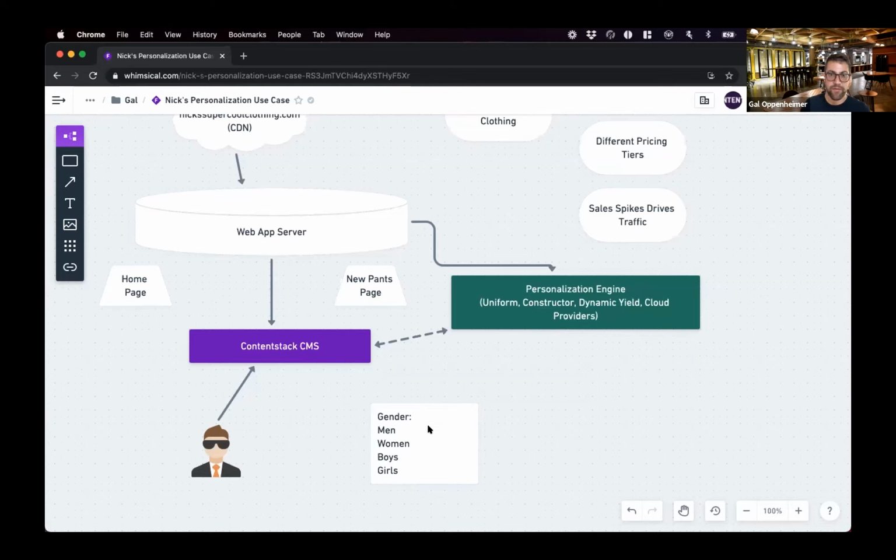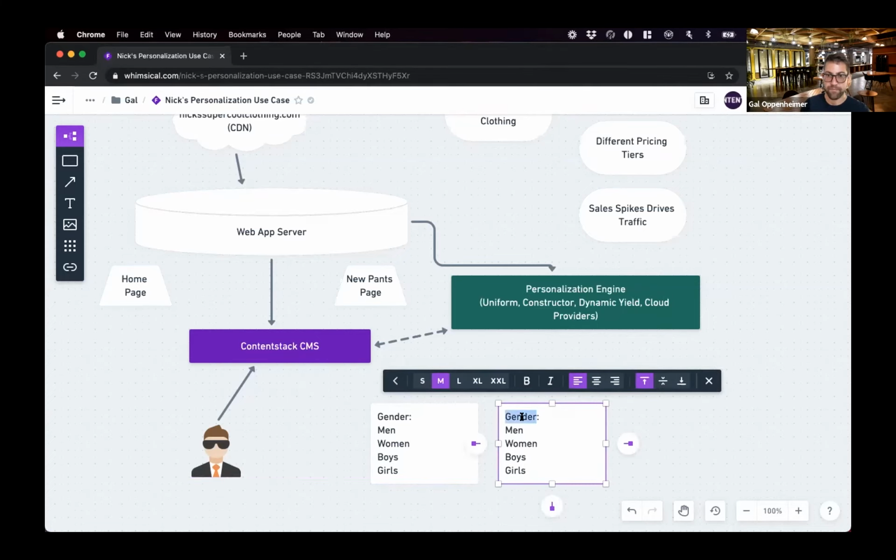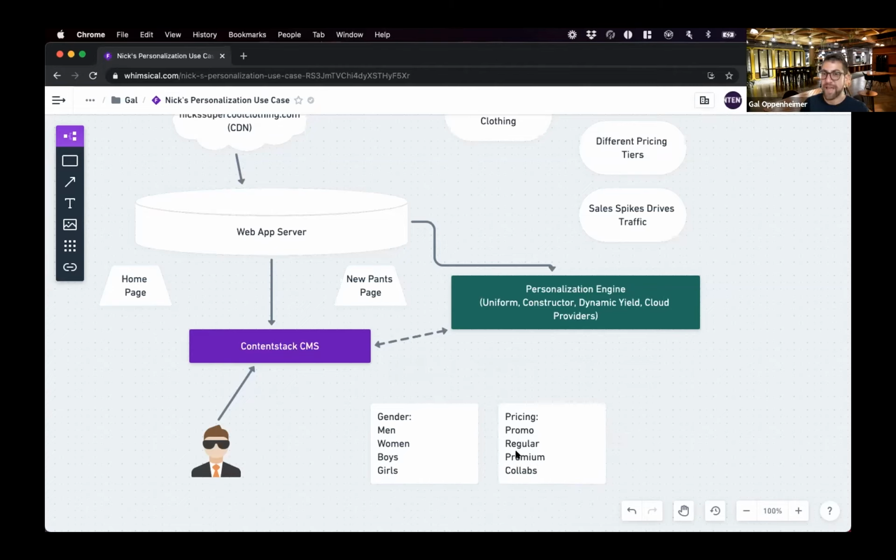For pricing, you may have promo, regular, premium, and then let's say it's like Supreme or Nike and you're doing these branded collabs, so you might have collabs. And these are different tags that you're tagging your content with.